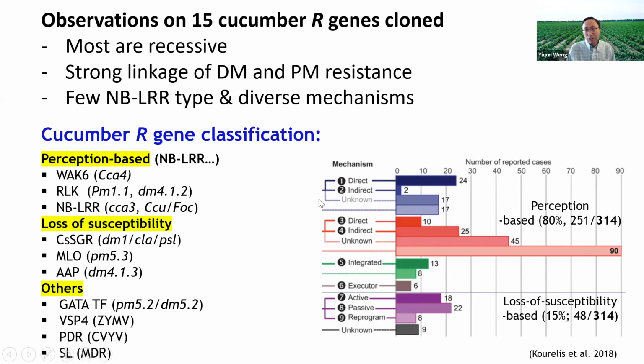So based on these classifications, of the 15 genes we can put 3 under perception-based, like the wall-associated kinase, which we cloned recently but haven't published yet. For the receptor-like kinase or NBS-LRR type, there are 4 or 5 genes. For the loss of susceptibility, we have the staygreen gene, as I just mentioned, the MLO for the powdery mildew resistance, and also the amino acid transporter gene for DM4.1. For others,